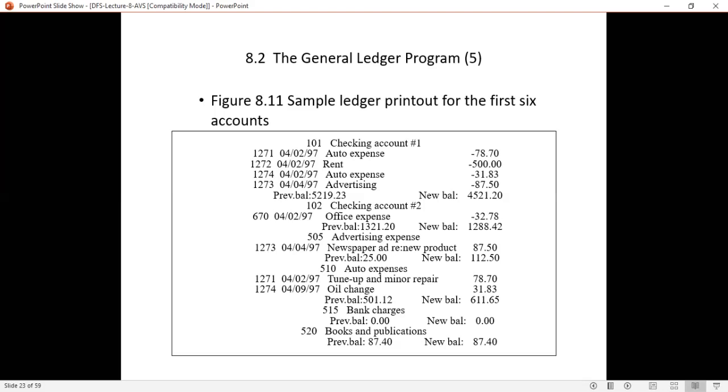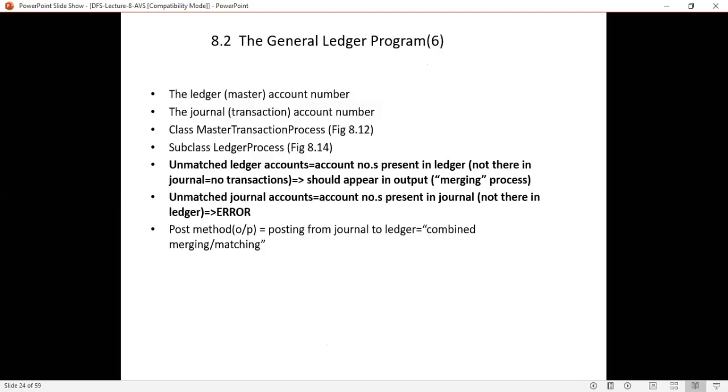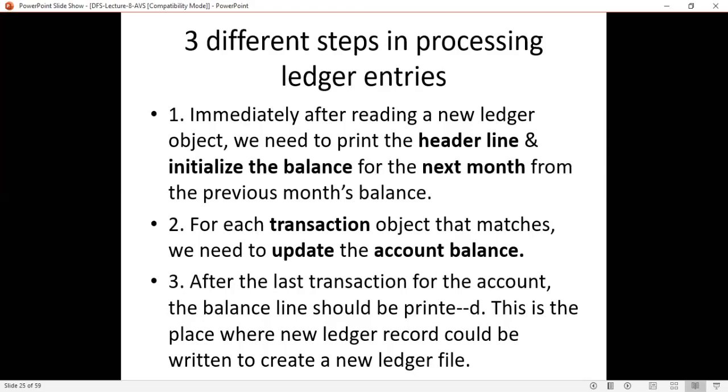The previous balance you have is 5219 point something, isn't it? To that you have to add minus 78 point something, then minus 500 point something, and then the next transactions, minus 31 point something, minus 87 point something. All these transactions you have to add to the previous balance. That is what update the account balance means.